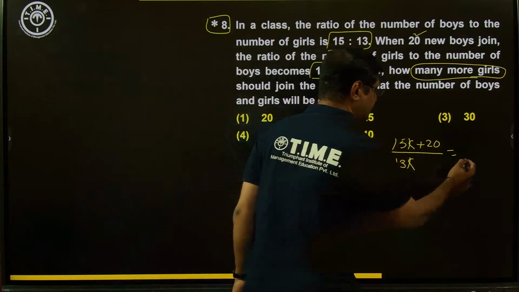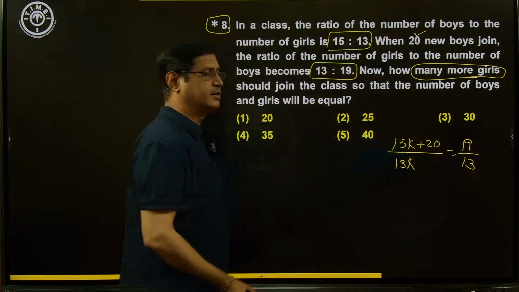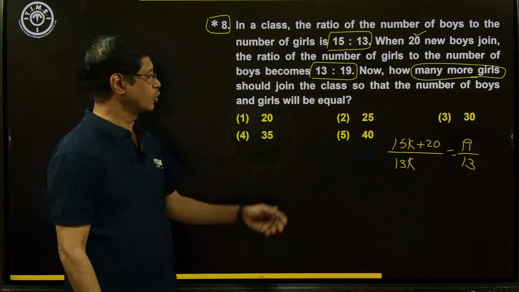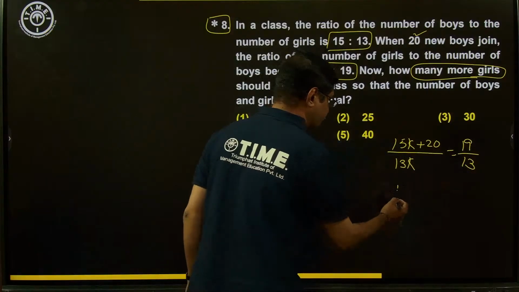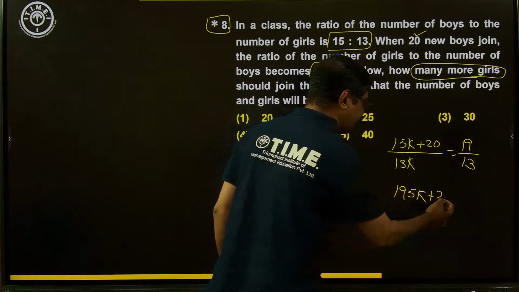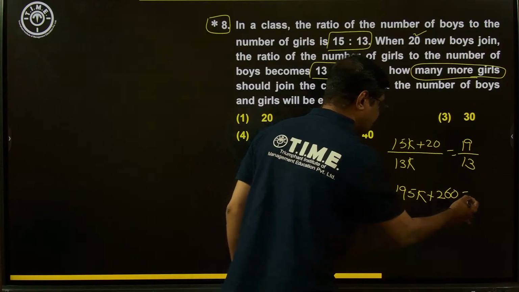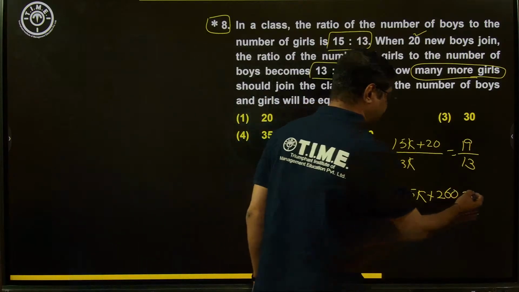So 13:19 means boys 19, girls 13. By doing cross multiplication, we get the K value. What is the K? 13 into 15, that is 195K. 13 into 20, that is 260. Now 19 into 13, that is 247